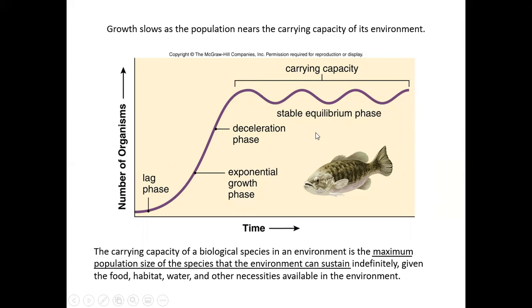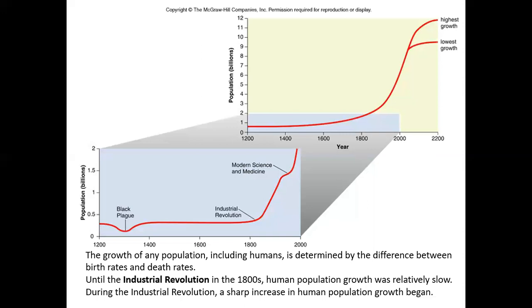So if you were a fish living in a pond, you can imagine you can only have so many fish living in a limited space like that. You're going to have limited food and resources, things like that. So there will be a carrying capacity for that habitat. All right. And the same holds true for the earth in general and humans, as a matter of fact. So here, if you look at the upper right corner, this is a nice overview of human population growth. Okay, and the numbers here are in billions, but we start out about the year 1200,